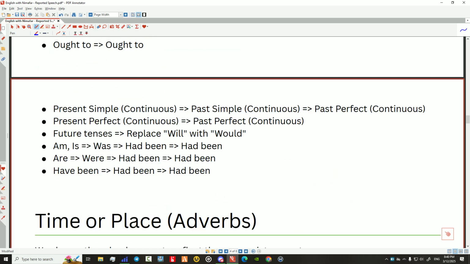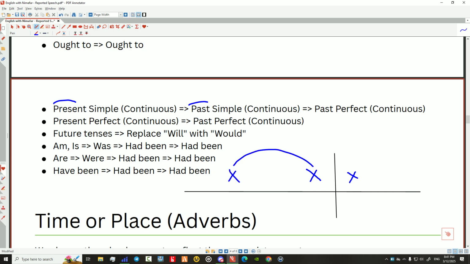These are the base verbs like present simple, past simple, present to past. Okay, past simple. So we have past perfect. Imagine this is a timeline I have, and this is present. So when I say present simple, I should go back. So back is past simple. So what is faster than past simple? It's past perfect. And it doesn't matter if it's simple or continuous. The same for present perfect. Past perfect, you keep it.